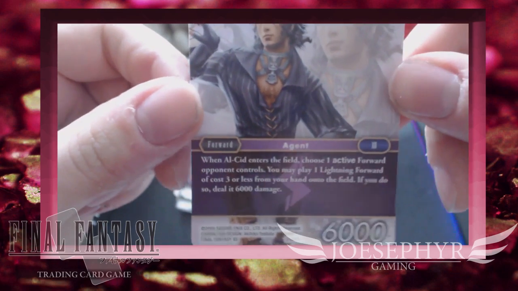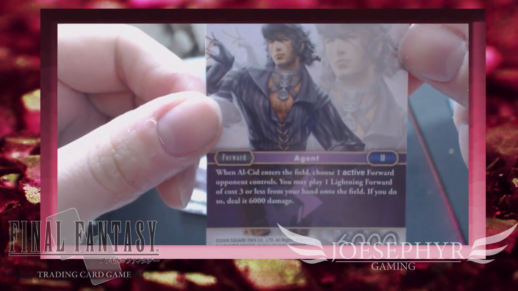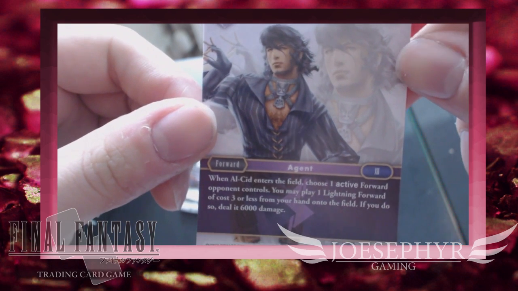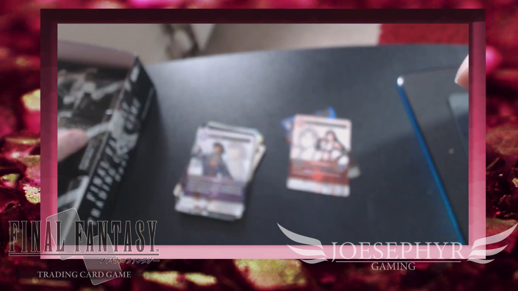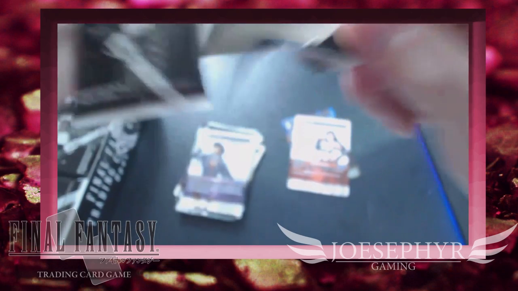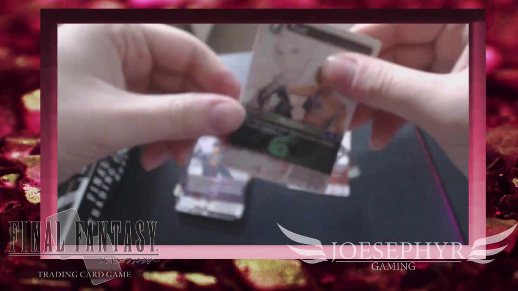When it enters, it's a hero, so not a Legend 2 in a row, but hey-ho. When Al-Cid enters the field, use an active forward to opponent controls. You may play a lightning forward of cost 3 or less from your hand to the field, and if you do, deal it 6k damage. It's okay. It's nothing special, I don't think, but... Right, we're going to start moving a bit quicker, because otherwise we're going to be here all day. Yeah, there's 30 of these to go through, so...